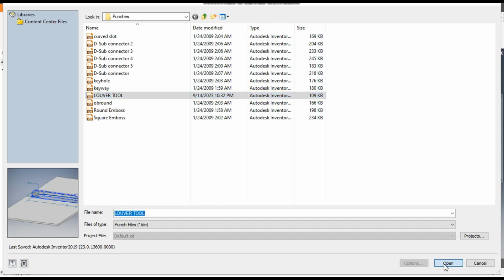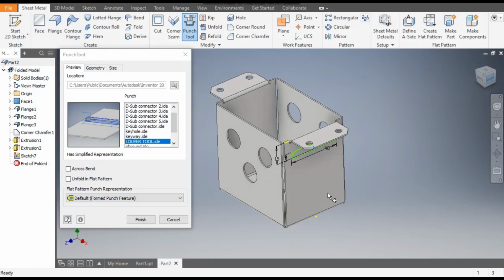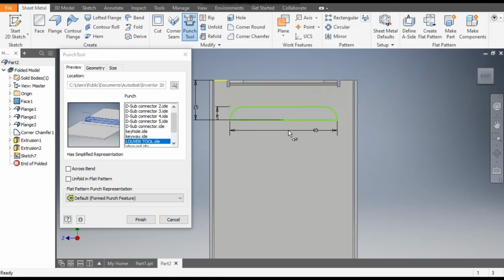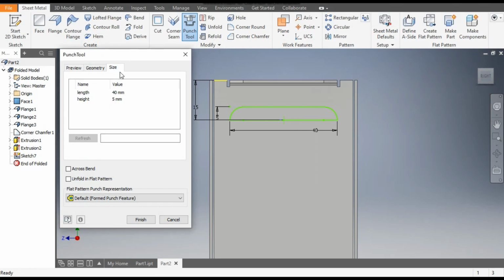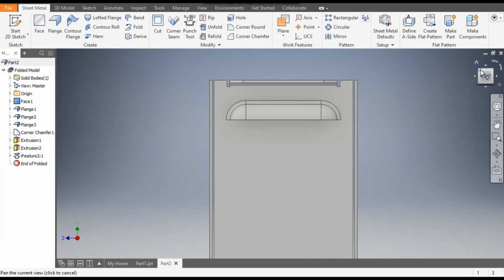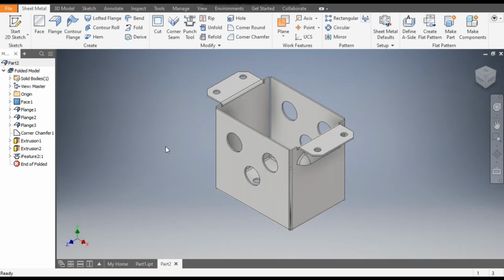Now go to open. So automatically this tool will be placed on this point, and go to size. You can change the size of this. So the length we will freeze to 40 and this height will be 6, and finish. Rotate this. Now go to rectangular pattern,